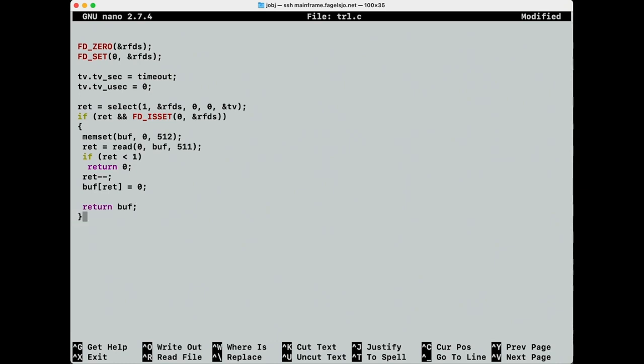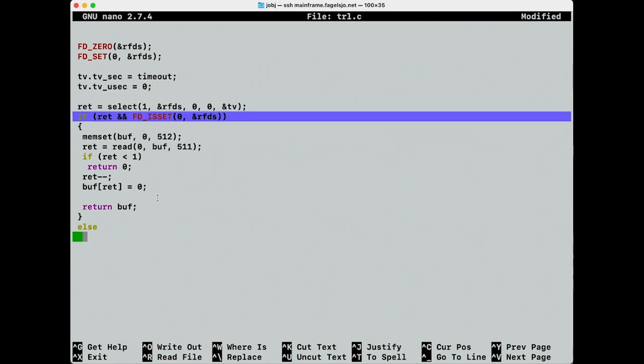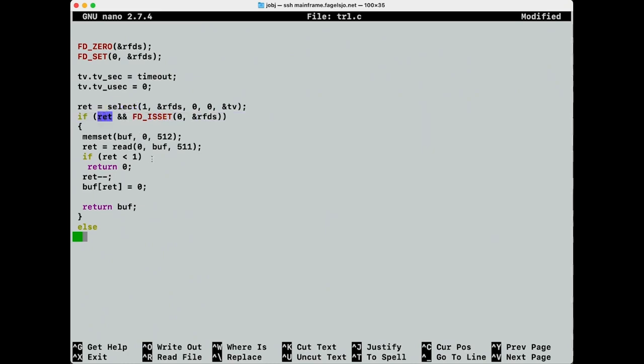And if this if statement is false, so either the select didn't return a positive value, or this macro didn't be true, that means that our timeout happened, and then we will also return 0. Okay, that's basically it. Let's code a proof of concept